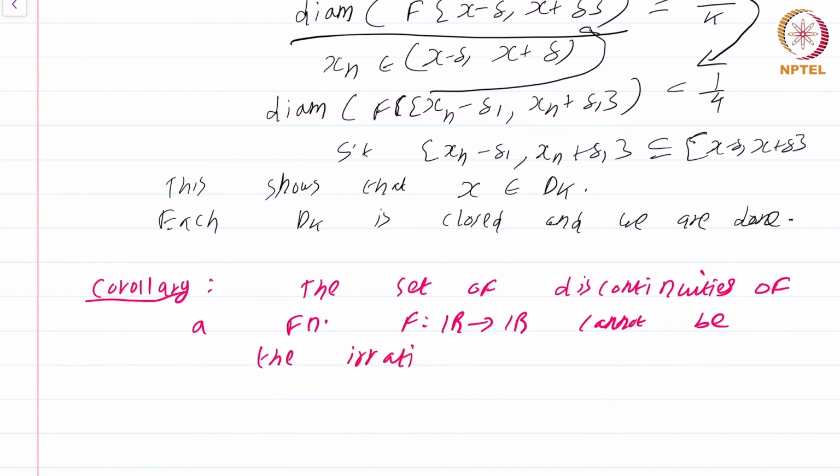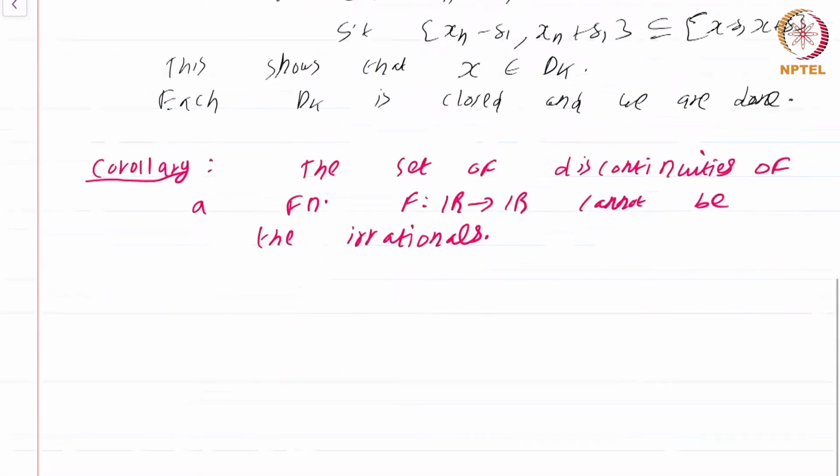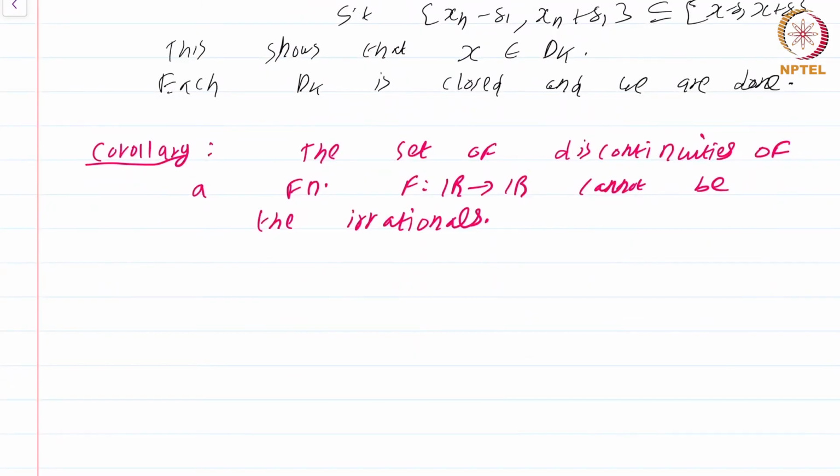You cannot have the set of discontinuities to be exactly the irrationals. Well, proof. If the irrationals were an F sigma set, then